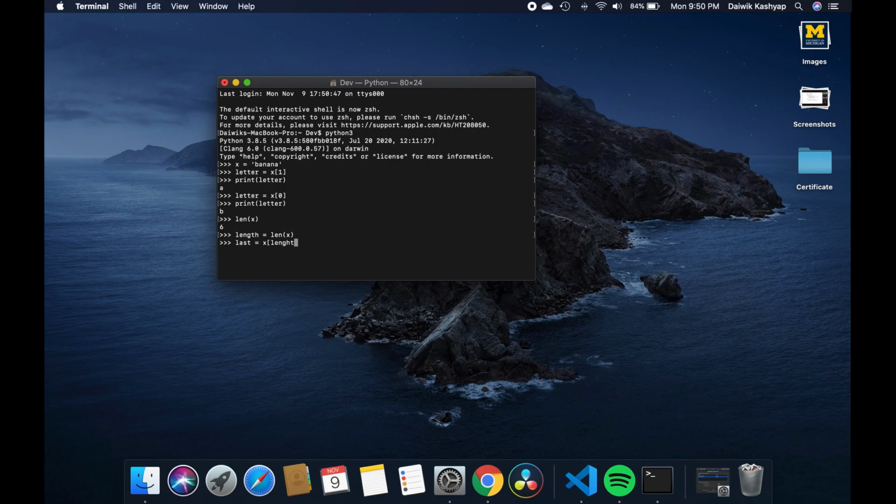If you are not understanding, then I'll explain shortly what this means. So here we have x, which is banana, and the len of x is 6, and now we are going to print last. That means we are now going to print the sixth last character of x,